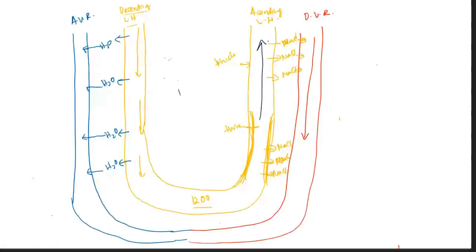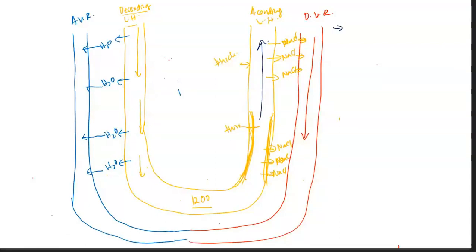For this question, because it is 3 marks, in your answer you should explain, for the first point, as the filtrate flows from the cortex to